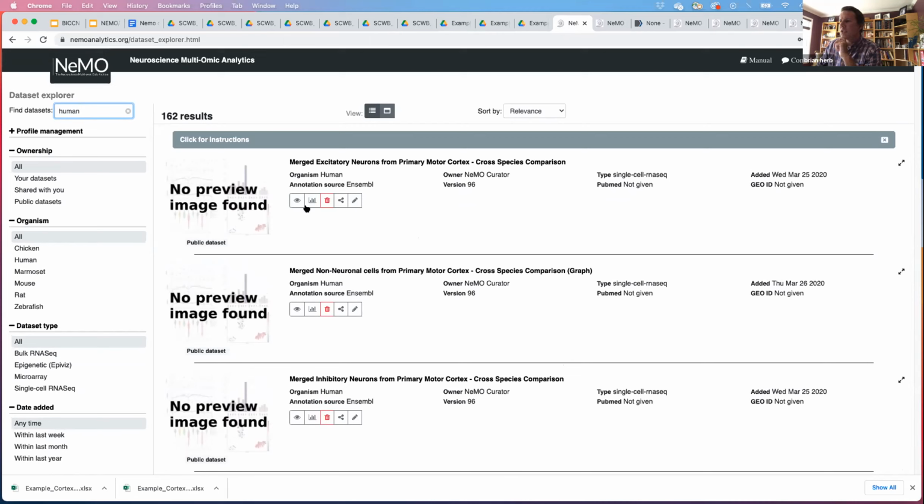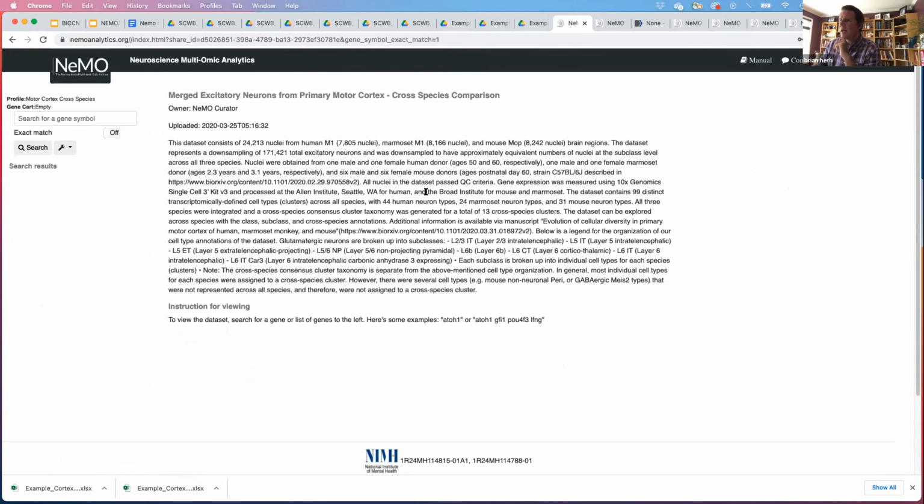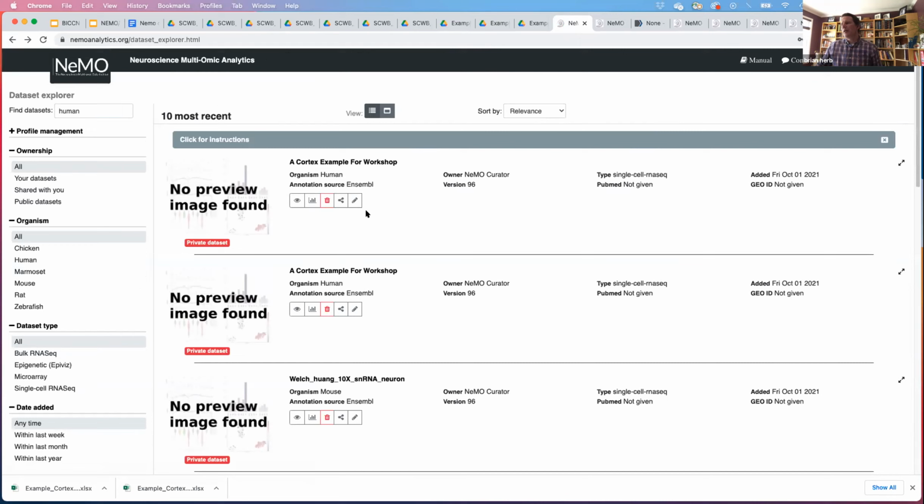And so within this, you can do a couple of different things. You can take a look at the information associated with a particular data set. And again, all of this is editable. So if you're uploading your own data set, you can edit that information. For the display, you can go in and curate. So this is something we're going to do next. You can share the data set. Each one of these data sets has their own unique link. And then you can edit that.